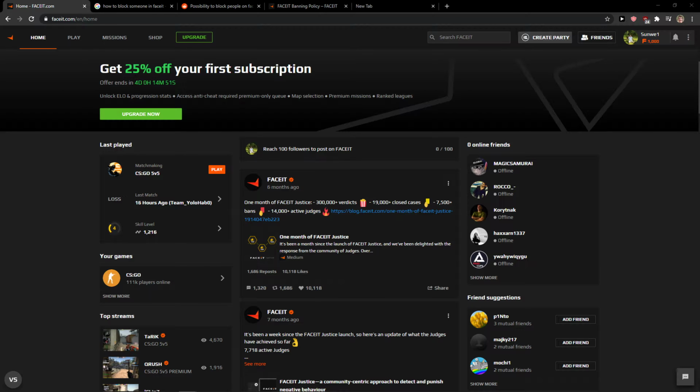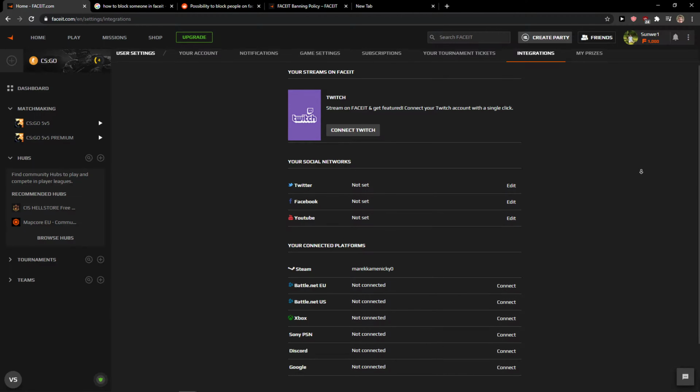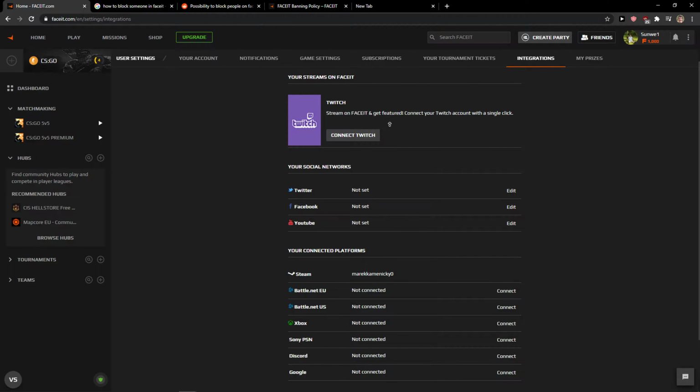The first thing you want to do is just be in Faceit, and when you're here, you just want to go to the right top corner to the three dots and click your account. When you're here, you just want to click integrations, and here you're going to have Twitch, right? So what you want to do is simply click connect Twitch